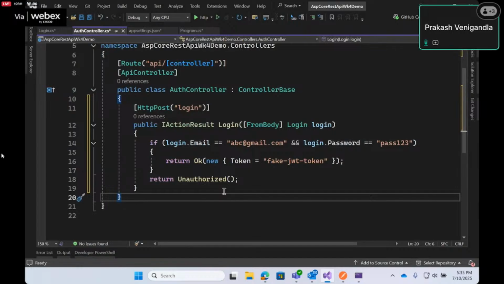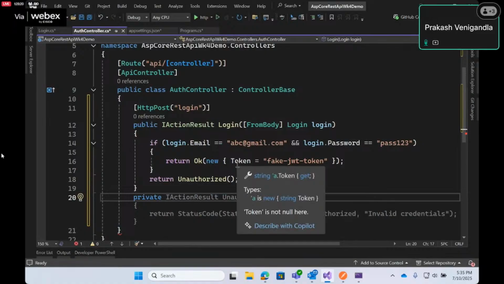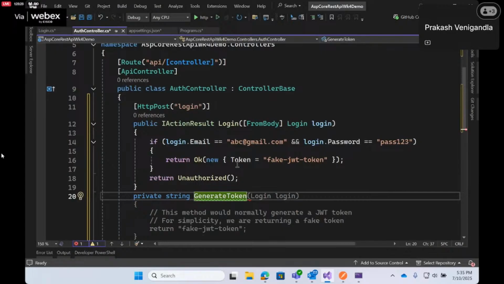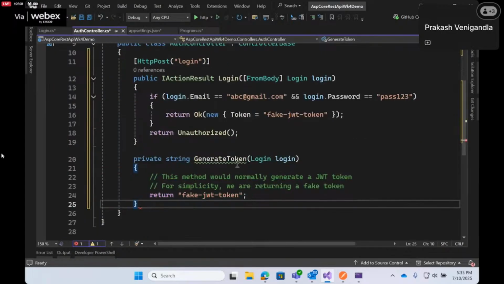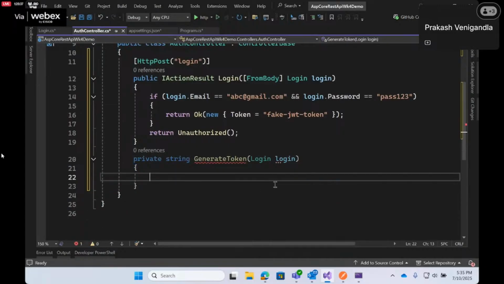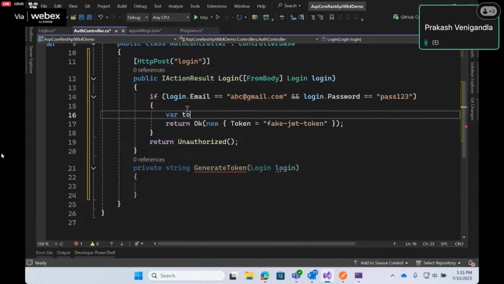So we will write one method, generate token, which returns a string. Basically, if the token is there, then it has to